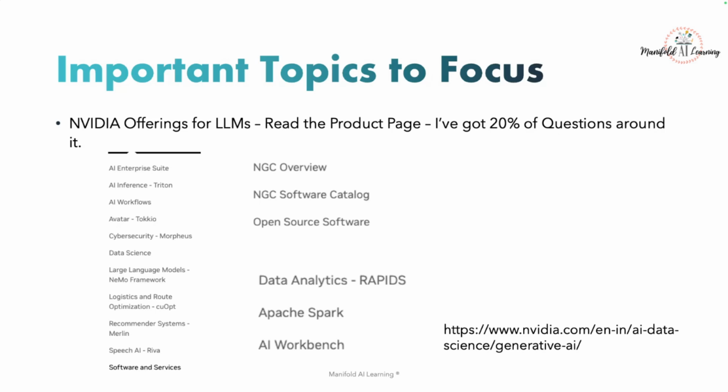To give you an example, if I want to implement XGBoost, which library should I use? The correct answer will be cuML. cuML is a library from NVIDIA where we can apply the XGBoost algorithm. Or if you are working with data pre-processing, and you have a large dataset and want to run it on GPU, which library do you use? In such scenarios, you will make use of cuDF, where you can load the data as a data frame, but this time the data frame will be loaded on the GPU. These are the core aspects that you have to focus on.